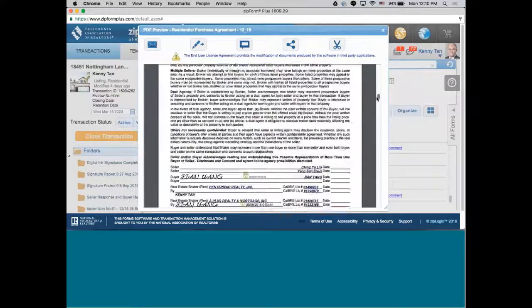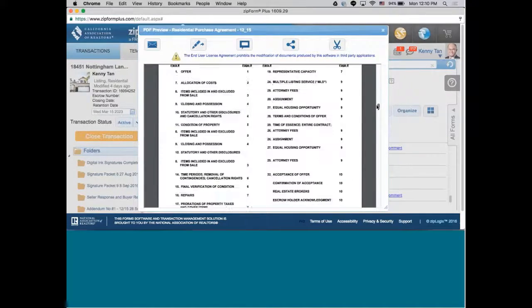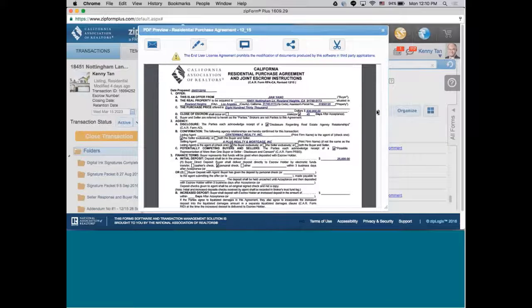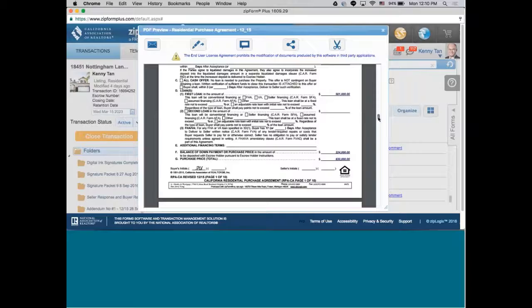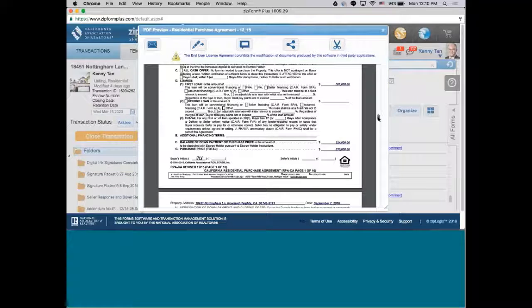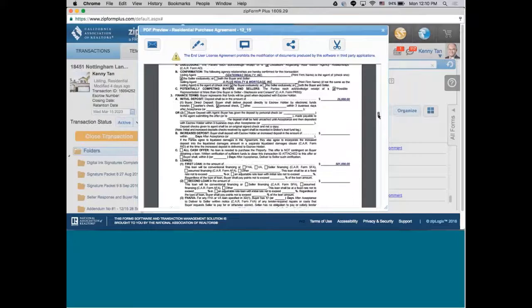So the first thing I do is look at the first page of the offer, finding out who's made it and what the offer price is, and find out who the selling agent is. So in this case, the offer price is $830,000, and